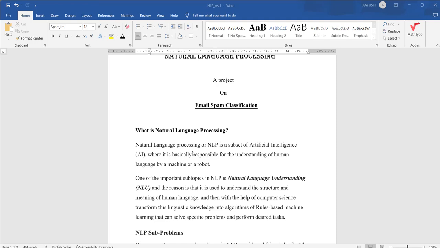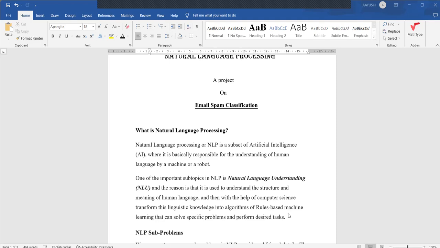All these tasks are done through natural language processing, which processes text into useful insights, and that can be applied to future data. One of the important subtopics in NLP is natural language understanding, or NLU. The reason is that it is used to understand the structure and meaning of human language, and then with the help of computer science, transform this linguistic knowledge into algorithms of rules-based machine learning